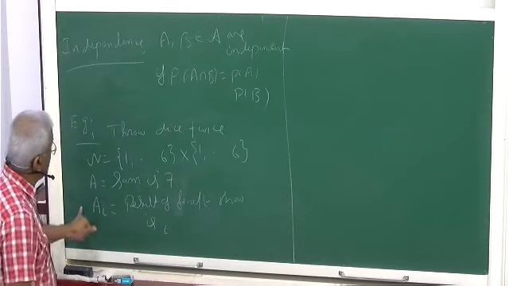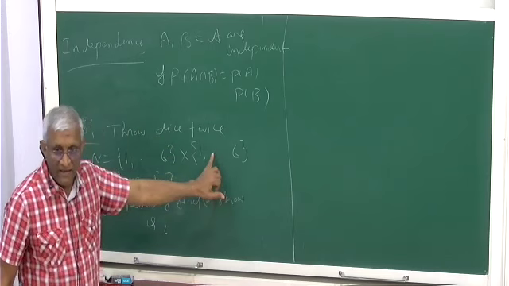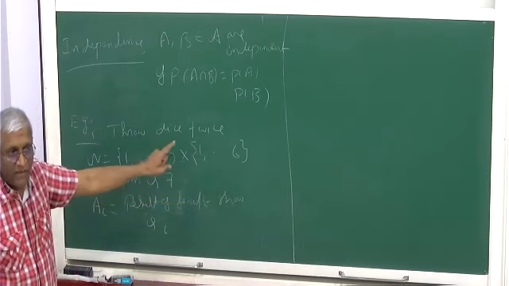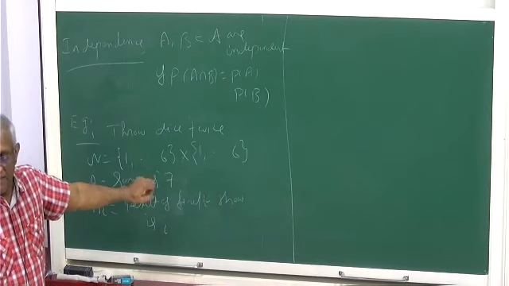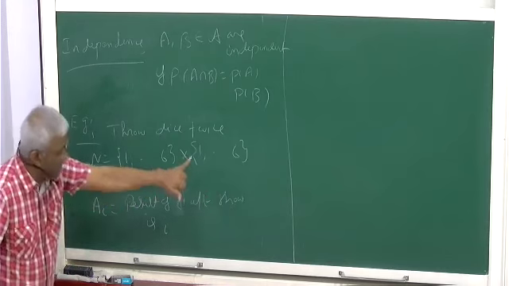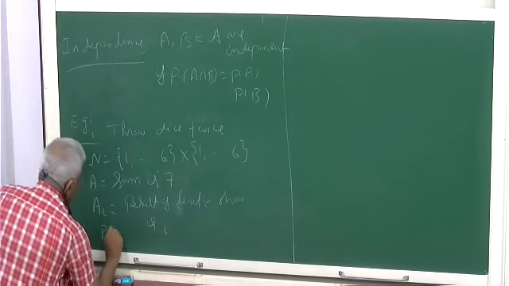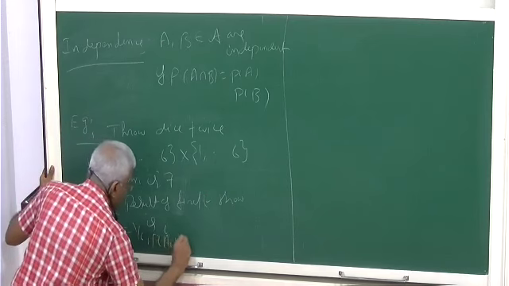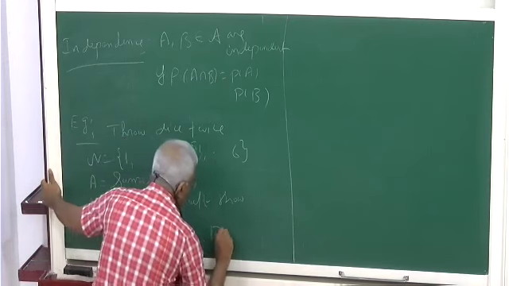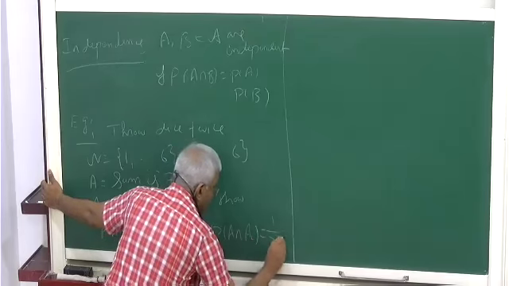And the probability that you have the ith element here and then the sum is 7 is again, there is only one possibility among 36. No, 1 by 36, sorry. Probability of A is 1 by 6. Probability of A_i is 1 by 6. Probability of A intersection A_i is 1 by 36.